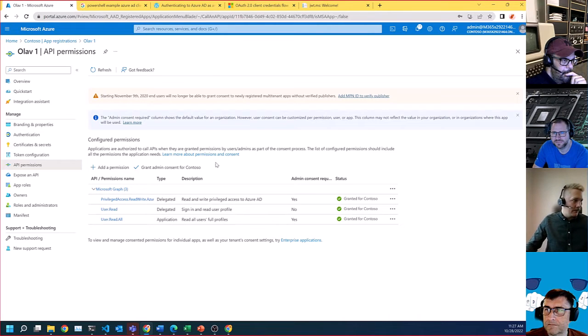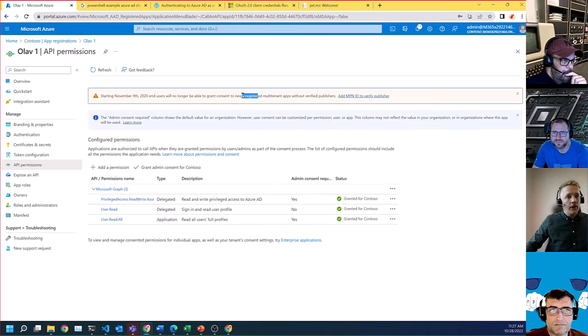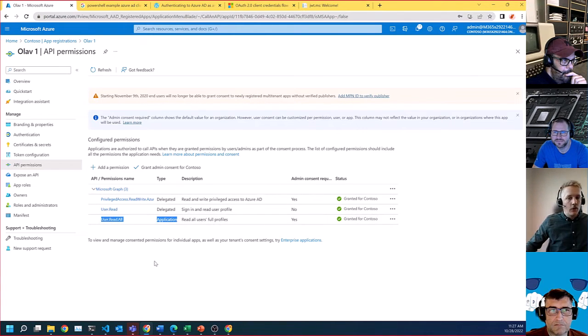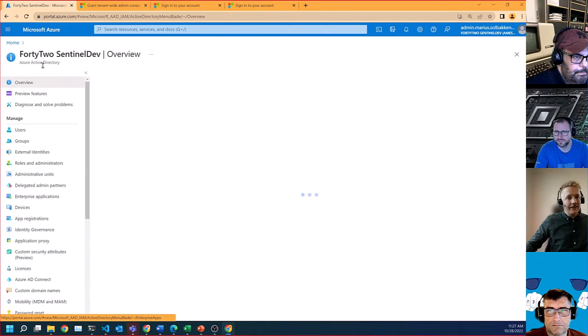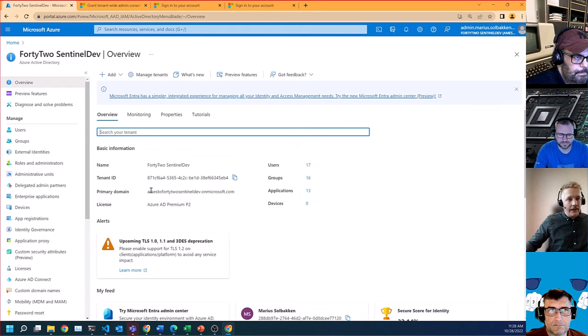So we have another tenant, right? We have this dev tenant that I showed you. Our app has been granted access to that, but that was before I added user read all. So now I'm in the demo tenant. I have added user read all to the app registration. If we now skip over to the other tenant where Olav 1 also exists, let's copy the